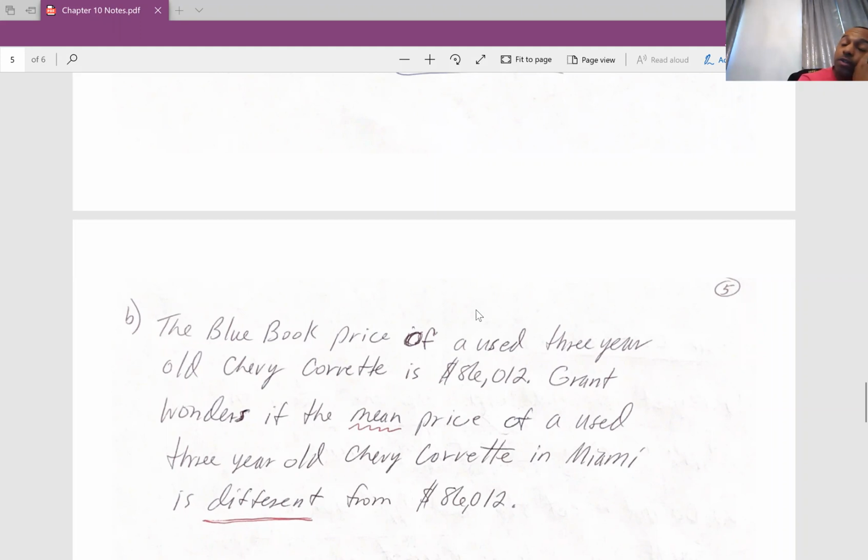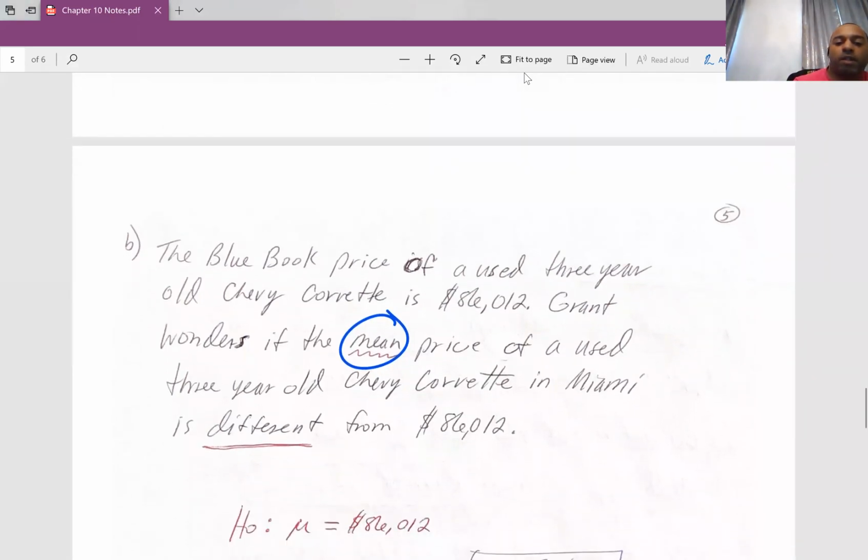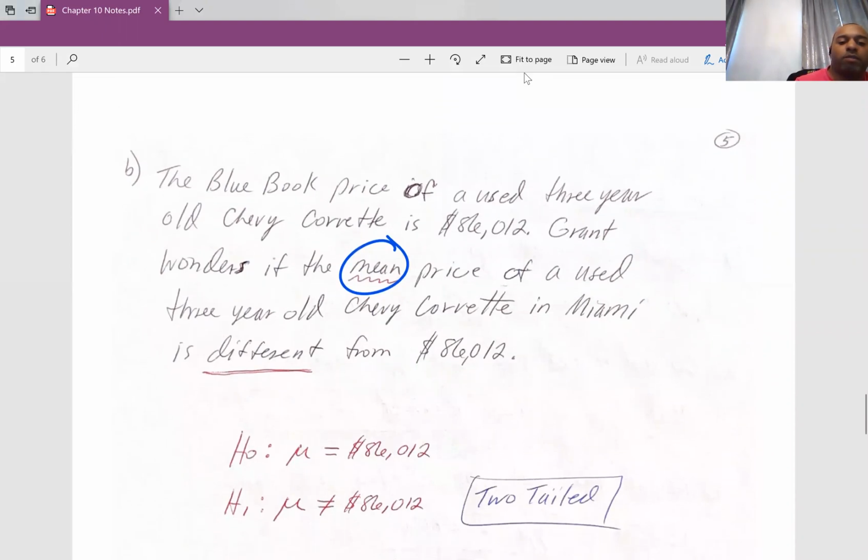All right, so here, the keyword that we're looking at to set up the symbol for our parameter is the mean. So the mean price of this Chevy, and so that's why we use the symbol for the mean here,